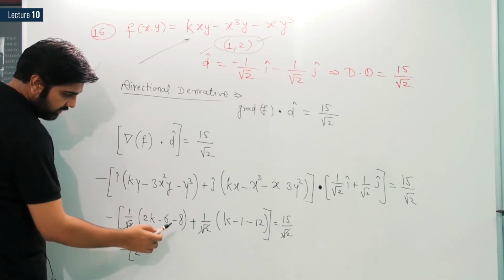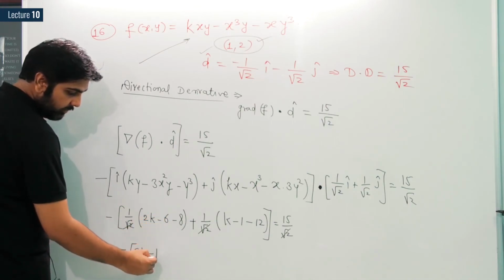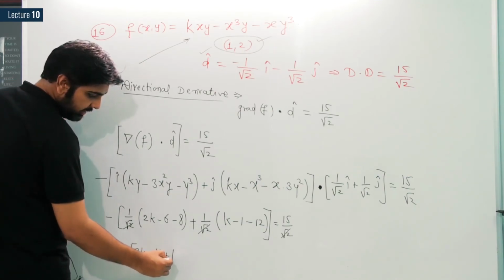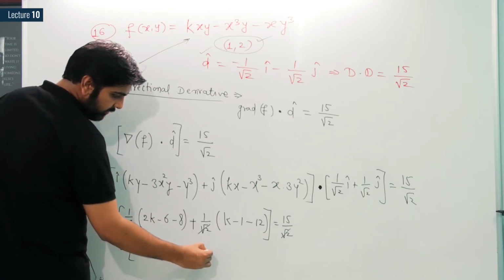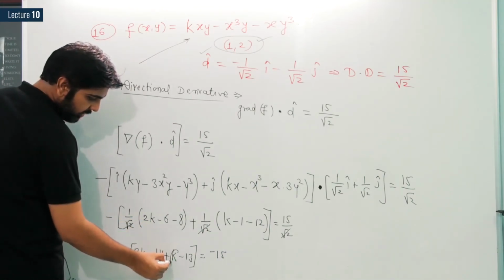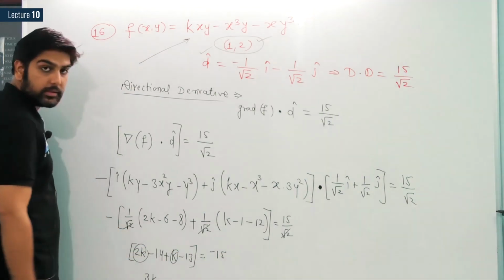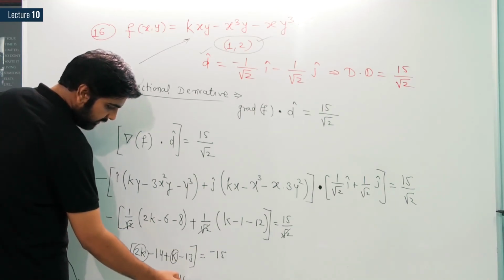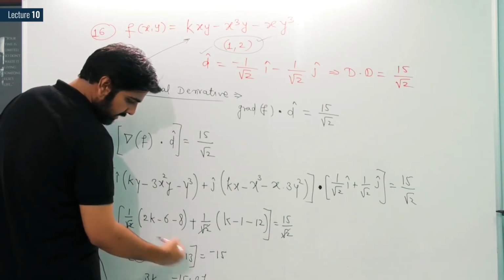2k, see 2k minus, let us solve 2k minus 8 plus 6 is 14, fine, minus minus this one is plus, minus 13 and is equal to 15, so it is nothing but minus 15 as I am taking this minus to that side. So k plus 2k is nothing but 3k, minus 14 and minus 13 is 27, so equal to 15 minus 15 plus 27. You are getting my point, right? Because this is minus 27.